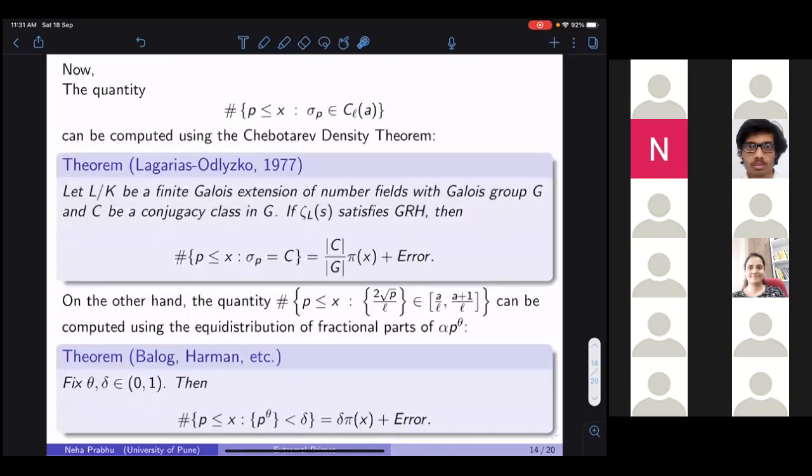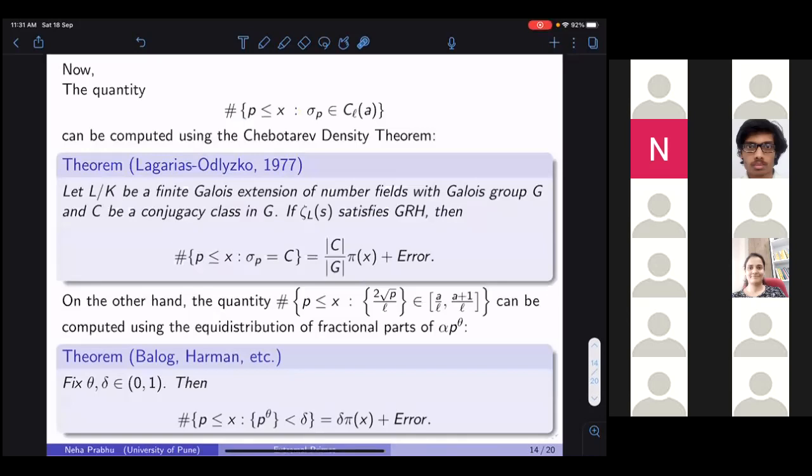And so we know, I've only mentioned it. Okay, yeah. So the quantity sigma p prime such that sigma p belongs to C of A. I've omitted the fact that P should be unramified so that it's cleaner. But yes, there is a condition here. But anyway,